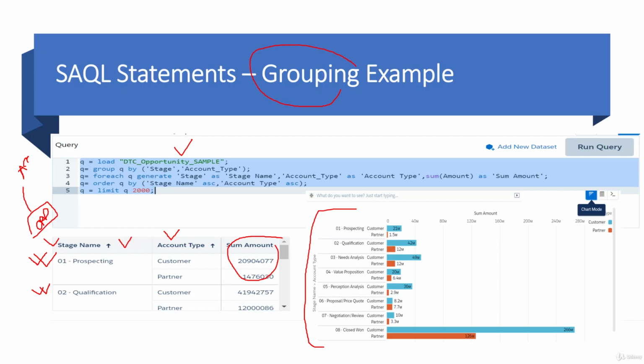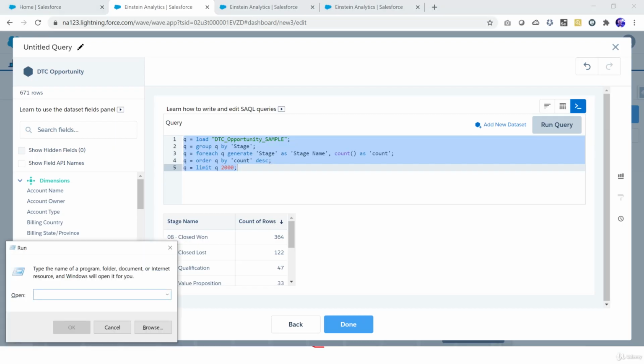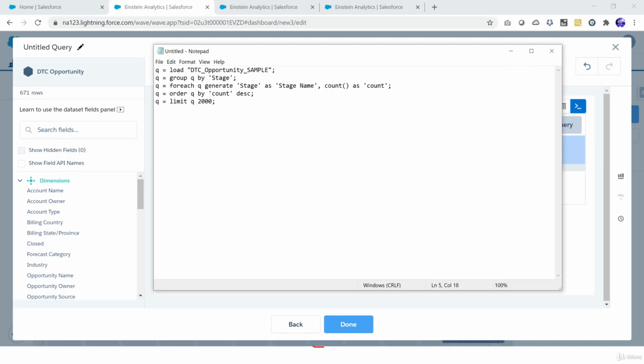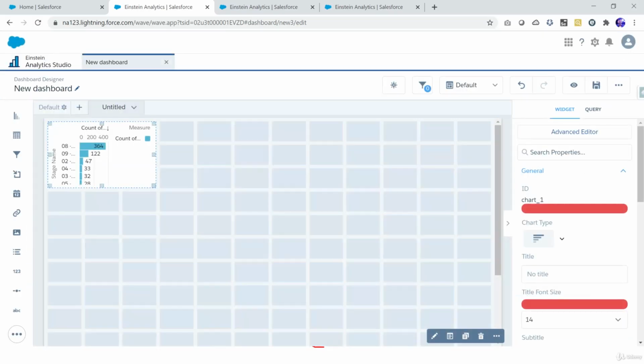To do that, let's see how my data is going to be the sum based on the amount first. Instead of taking the count, I'm removing this count now. Let me copy this code and keep it for you to refer to whenever you are doing the sessions. Let me click Done and save it. I'll create a new one. This is one more. So let me take one more